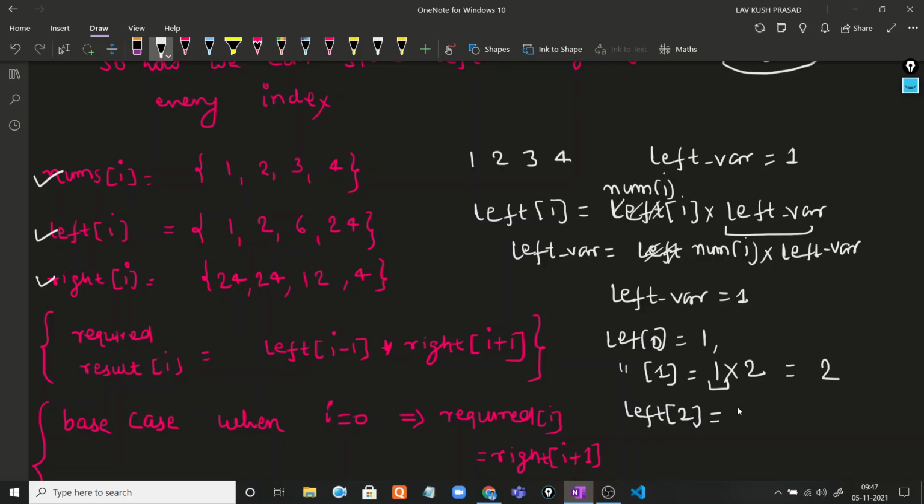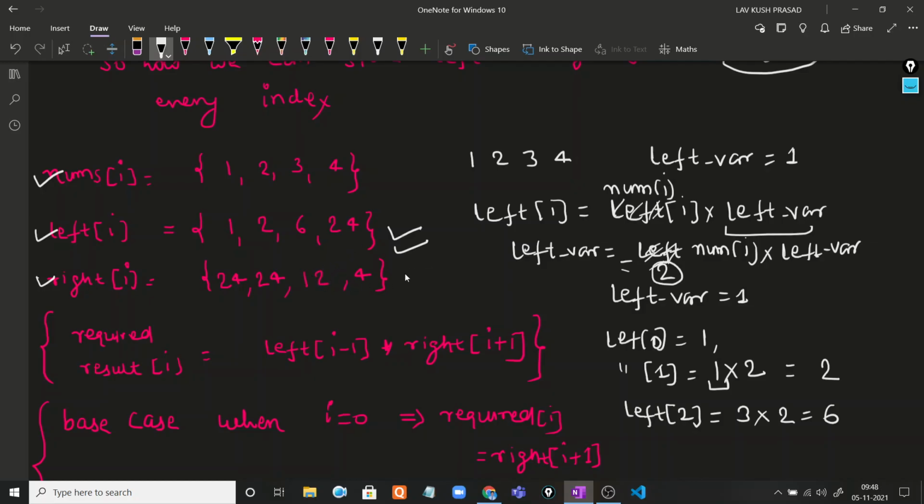Here we also update the left var, so the updated left var is equal to 2. The current value at the given array is 3, and into left var, which is 2, so it is 6. And yeah, it's our left array.